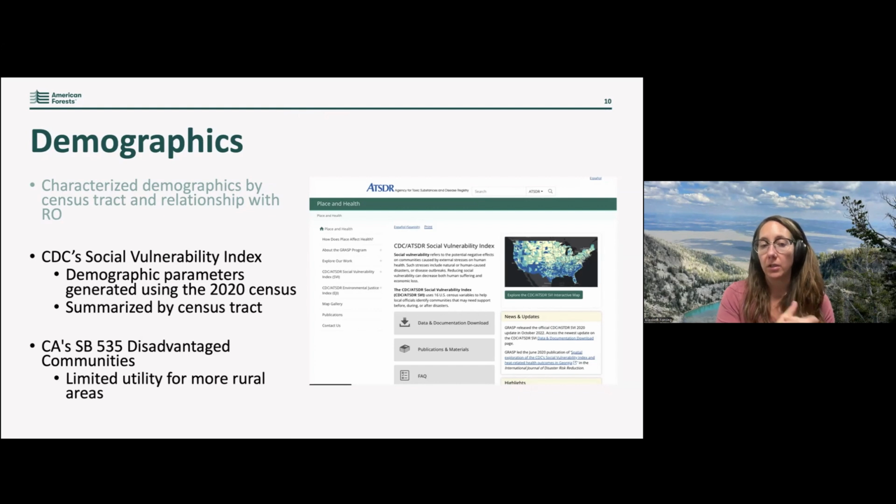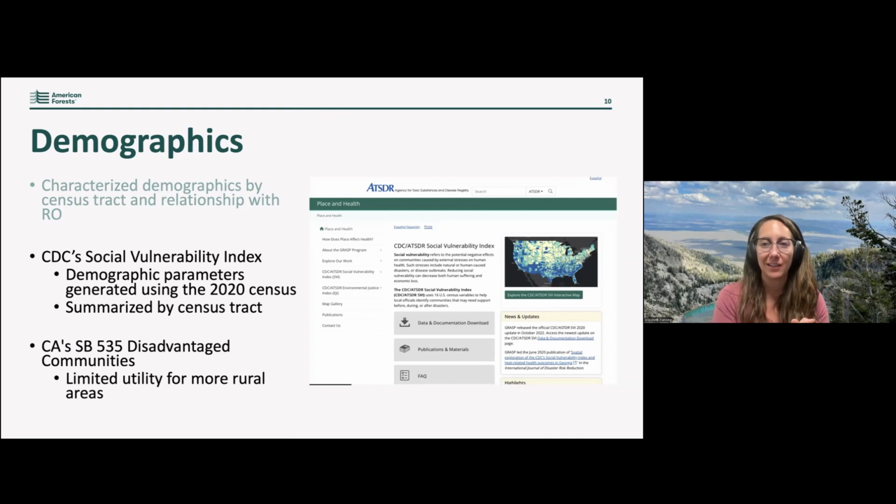So we looked at CDC's Social Vulnerability Index, and this is based on the 2020 or most recent census tracts available. And then we also did a little bit with SB 535's disadvantaged communities,